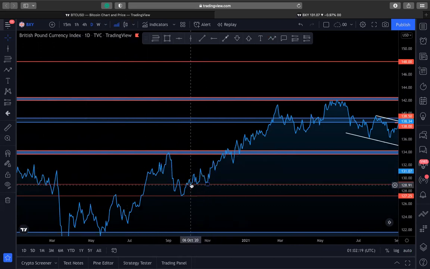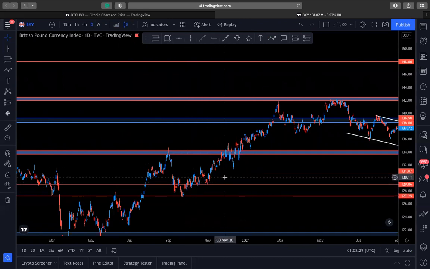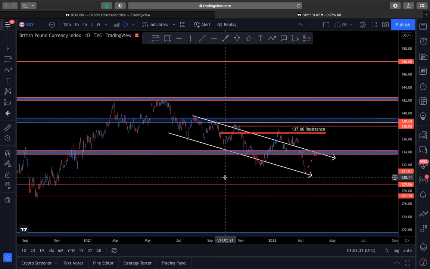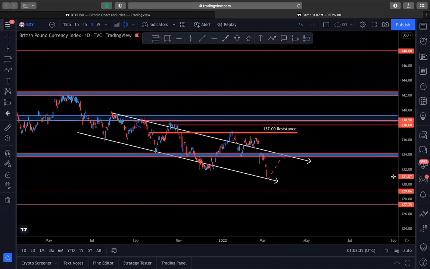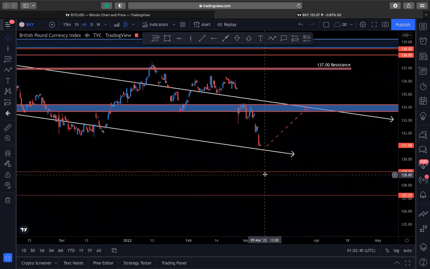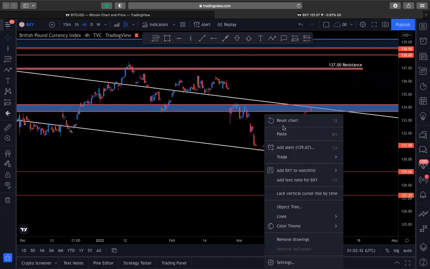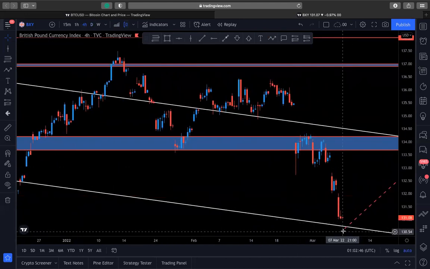We're looking on a daily, right? So we're seeing a lot of rejection from this area, showing me that this area has acted previously as a demand zone. So with that, that's where I would be looking if we do get a break below this downside moving channel. But if we look at 4 hour,